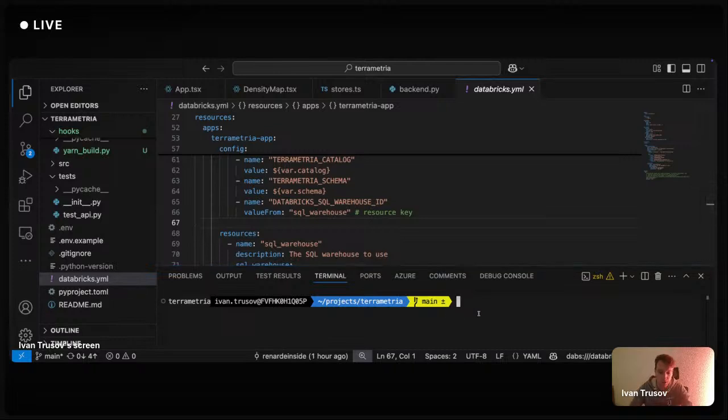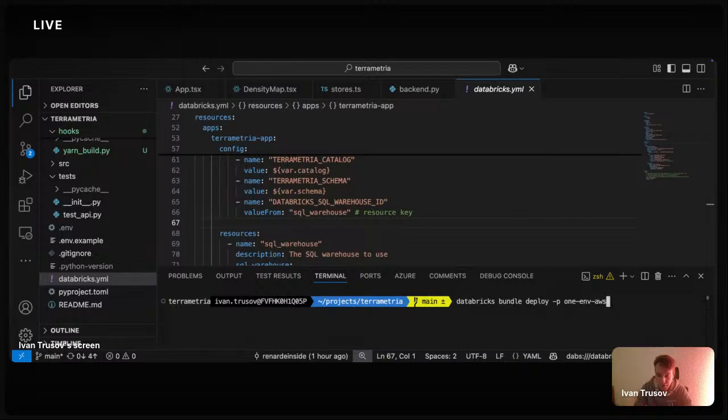And what I can do now is just run databricks bundle deploy. And I'm using a profile here because this kind of eases the deployment process. This will create the application, make sure it's connected to the relevant resource and everything. Deployment and running are separated because sometimes you may not be ready to run the application, but you already want to pre-create it. So I can use databricks bundle deploy to deploy my application towards Databricks. And then I can use databricks bundle run to run the application on Databricks.